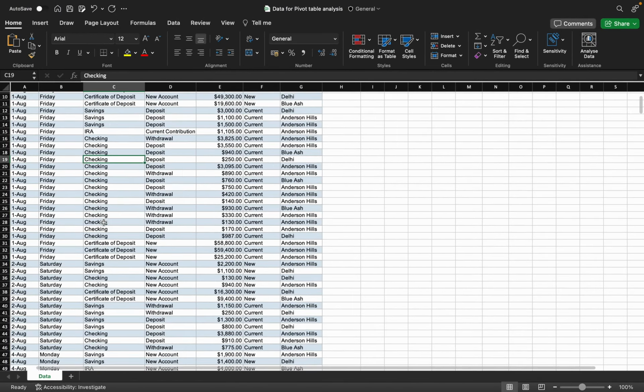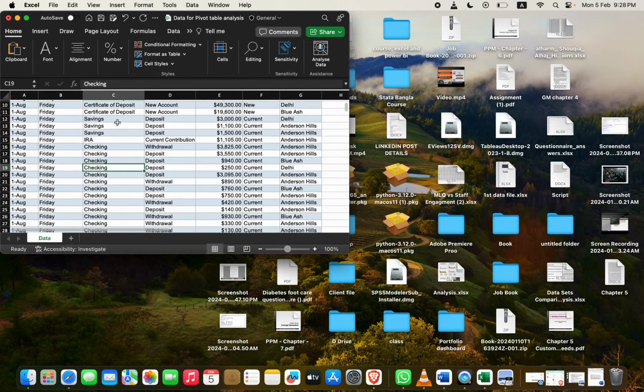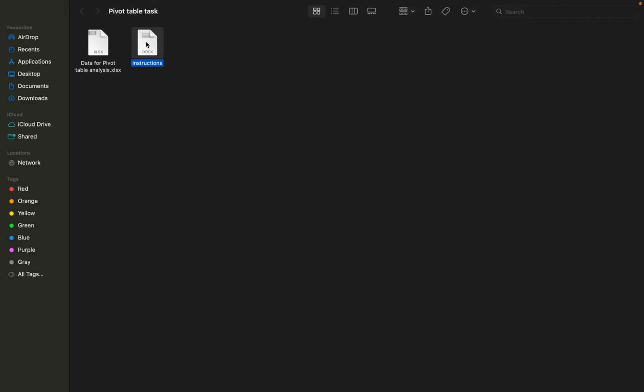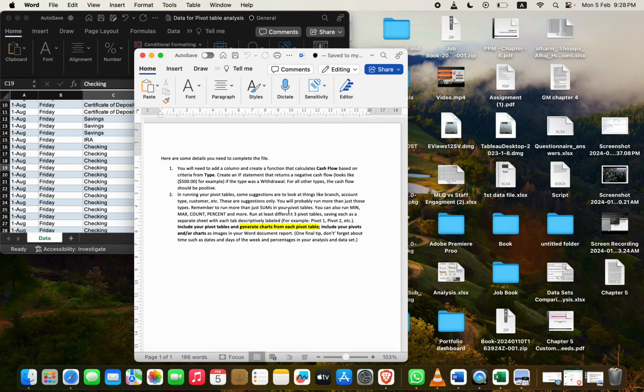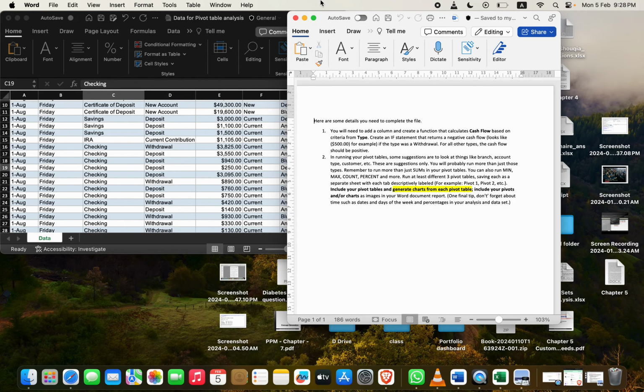Using a pivot table, we have clear guidance from our client. He sent me instructions, so I'm following them, and based on the instructions I will conduct the pivot table analysis. A pivot table is an excellent tool which helps us find out the insight of data, and it really helps to make a dashboard based on the data. So first of all,